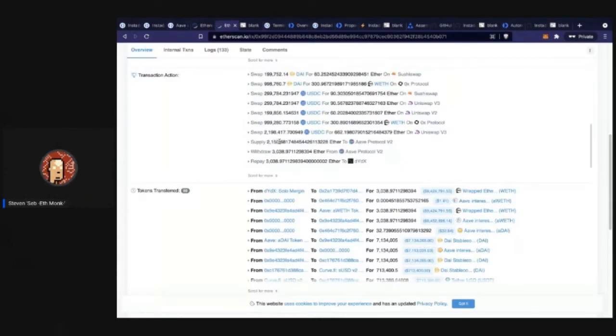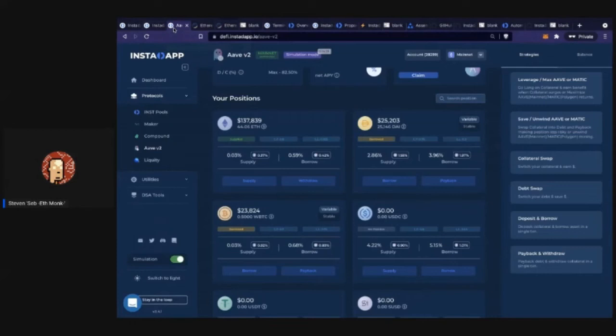2,150 Ethereum. That was the collateral swap. And then at the very end, the protocol pays the flash loan off, and that original Ethereum is returned to DYDX. So I just wanted to show you what those things look like, because they are a little bit complex. So that's the strategies, how you would use them in something like Aave.